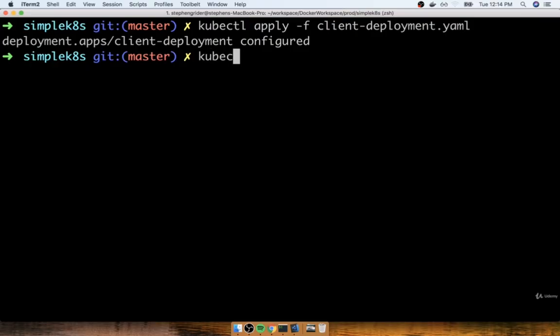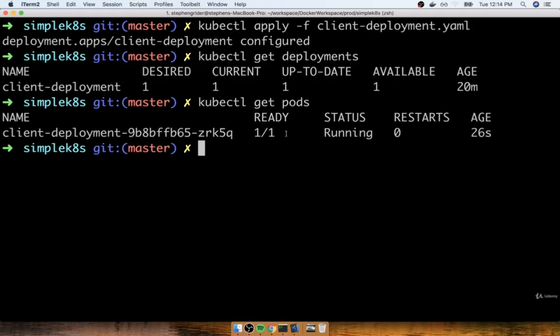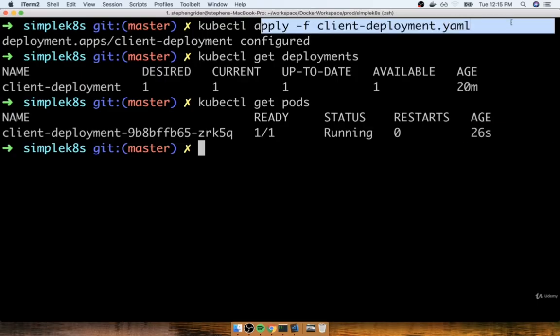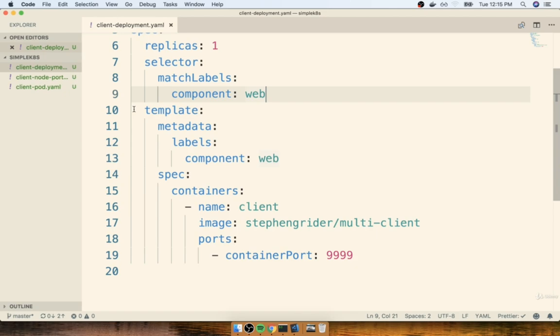We can now do a kubectl get deployments to print out all of our deployments. Yep, it's still there. I can do a kubectl get pods, and now with this, you're going to see something a little bit more interesting. Notice how the age of this pod right here is 26 seconds. So clearly, when we apply this configuration file right here, Kubernetes noticed that we made a change to the template for the pods that are being controlled by this deployment. It saw that we changed the container port. And so rather than trying to update the existing pod that already existed,